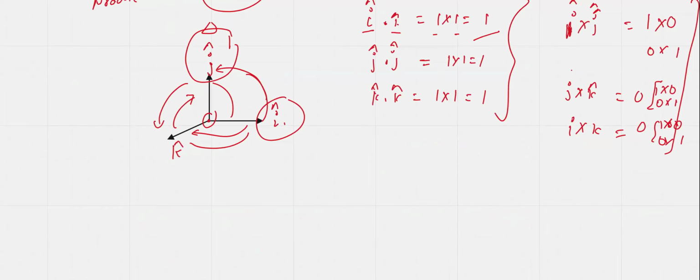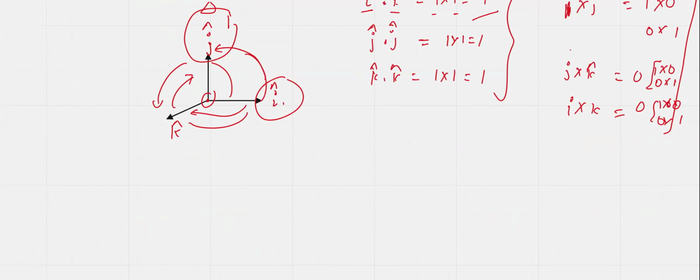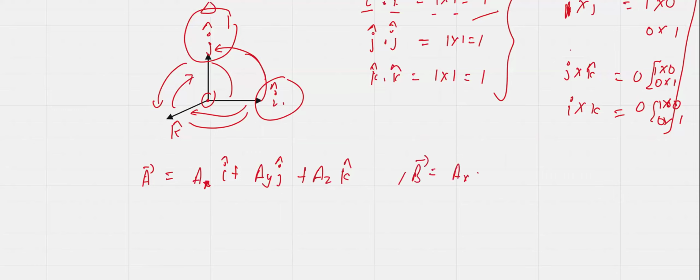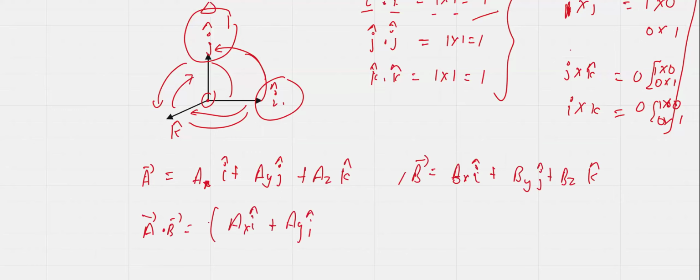Okay. One more last thing to be done with this part. You have two vectors. A is written as ax, basically the x component, that is I, plus ay in the j component, plus az in the k component. The other is the b vector. You can write this as bx in I cap, plus by in j cap, plus bz in k cap. So what is a dot b? Very simple idea. Just go with it. ax i plus ay j plus az k